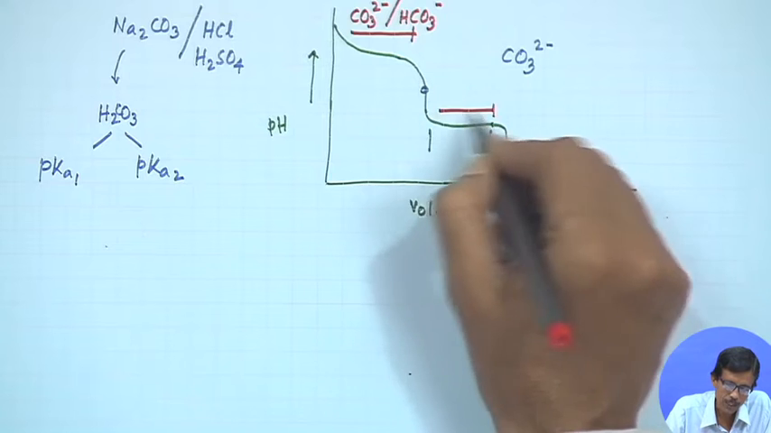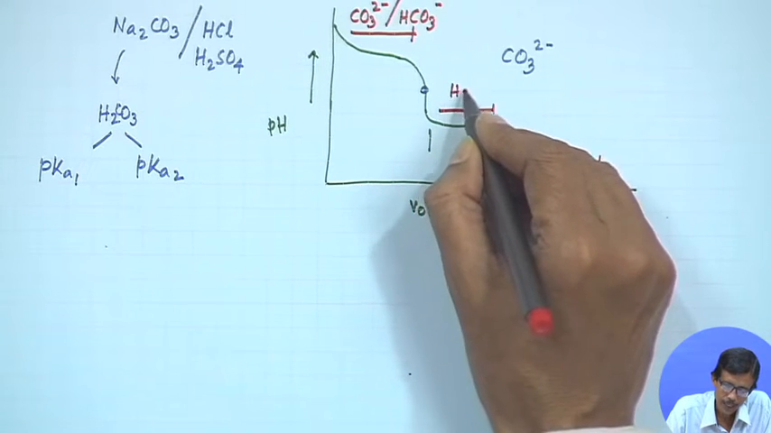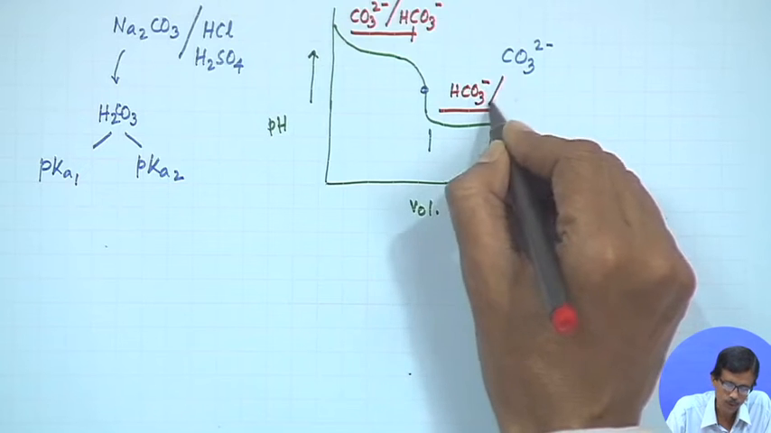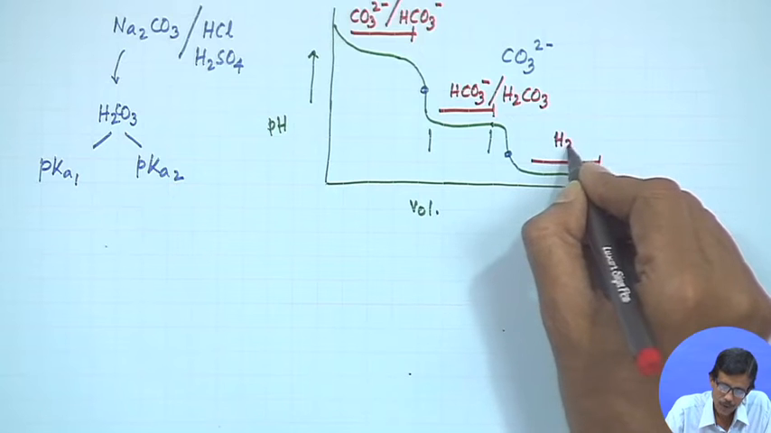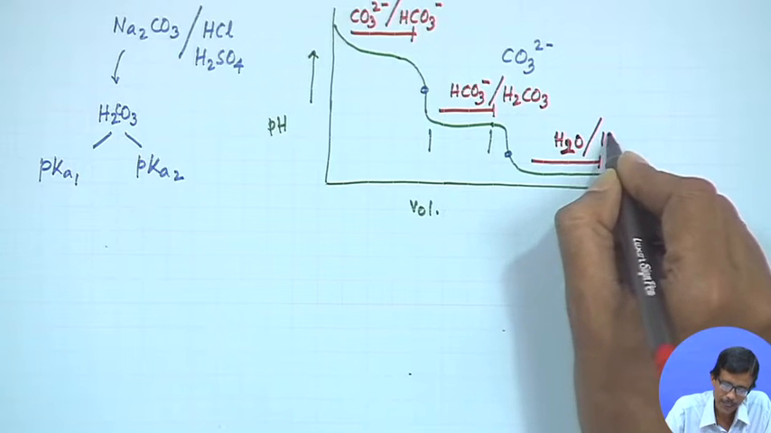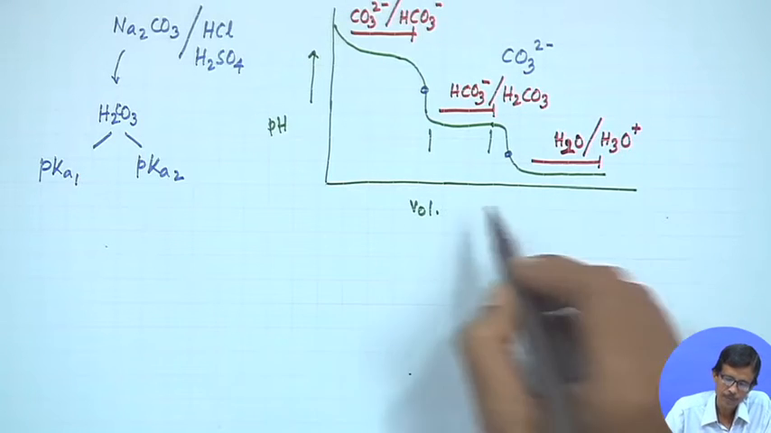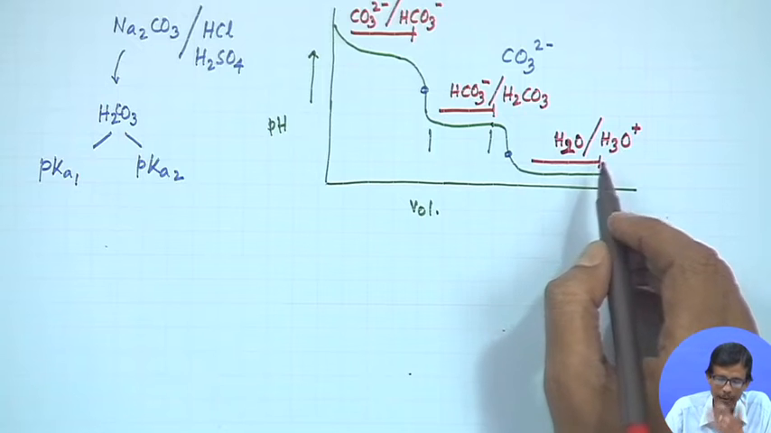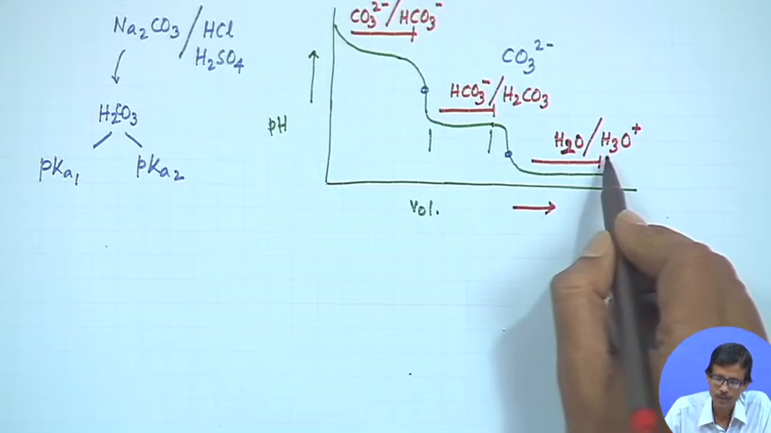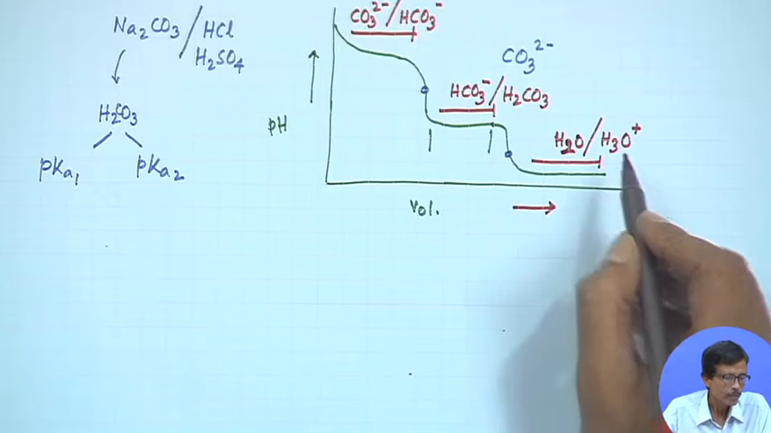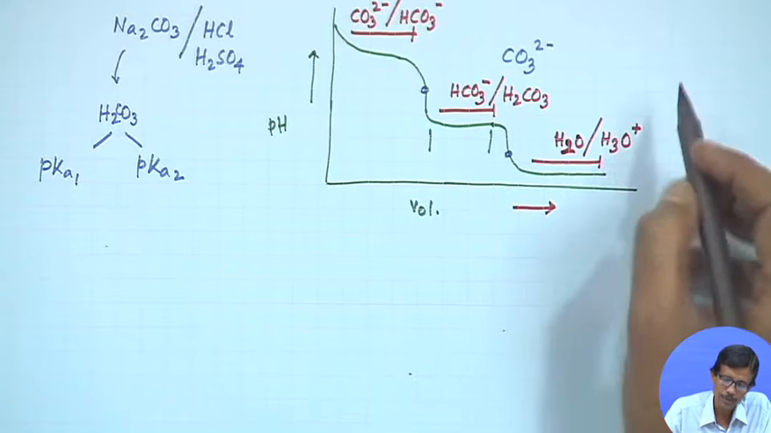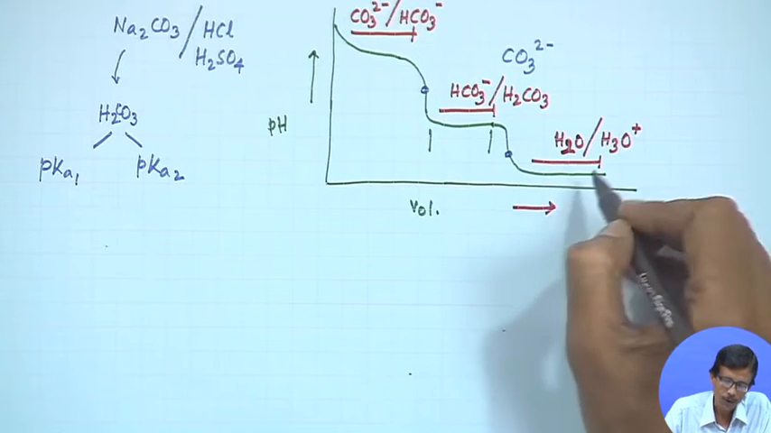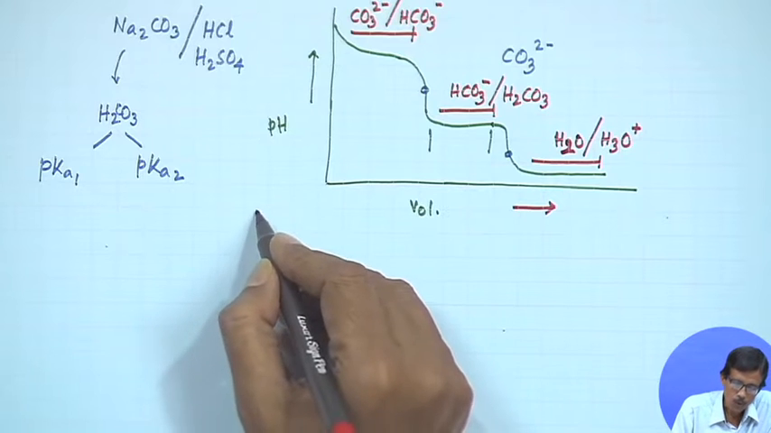Then the pH in this particular range will also be governed by bicarbonate ion in the next step to free carbonic acid. And lastly, like that of our H2O and H3O plus, because ultimately whatever acid we are adding, the volume of acid addition will give you the corresponding H3O plus. So, these determinations are very easy to do, but ultimately for all these reactions, your water